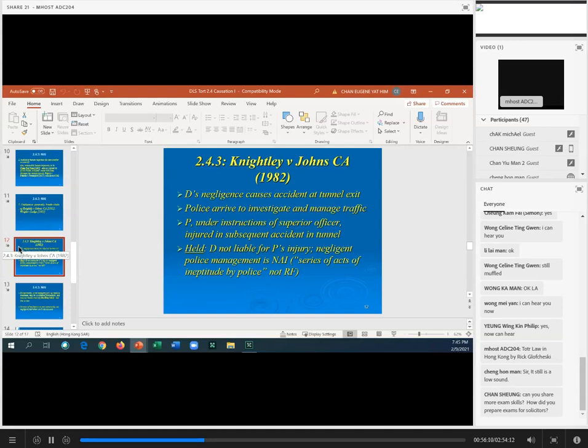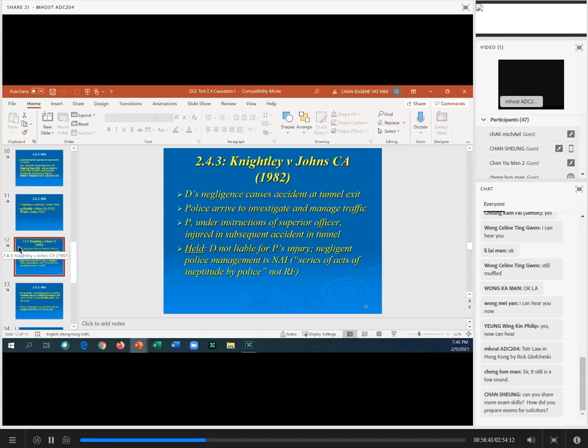Okay, why were they bad in handling the situation? Well, they should have closed the tunnel to traffic first. They shouldn't have sent the police constable on his bike against the traffic flow. And indeed, on the facts, they could have used a radio or telephone to close the tunnel. So they didn't have to send the police constable on his motorbike to go and shut the tunnel. They could have simply used a telephone, okay? And they should have closed the tunnel anyway.